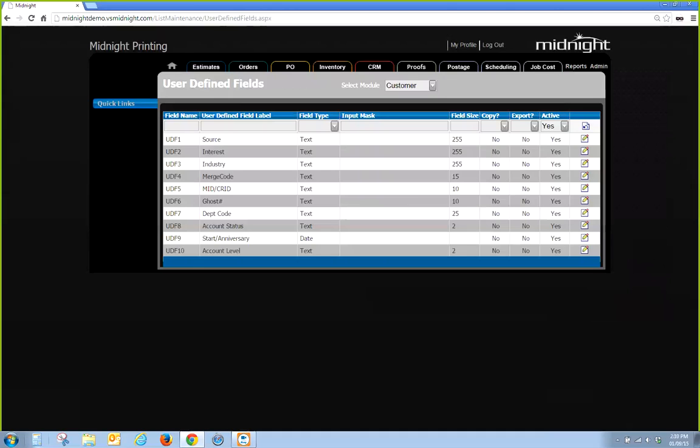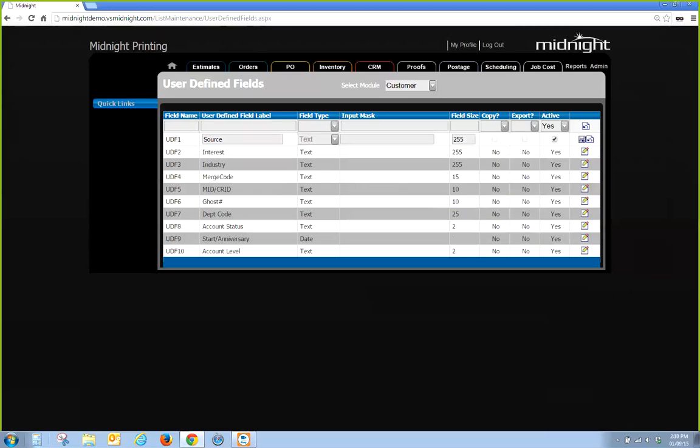And once you've made your changes here to the user-defined field label, and once you've set the field type, once you save that record, you won't be able to go back in and change the field type. So the only thing I can really change here is the label and then the input mask. Since mine are already defined, there's not any new ones I can edit, but the very first time that you're editing your user-defined fields, you'll be able to